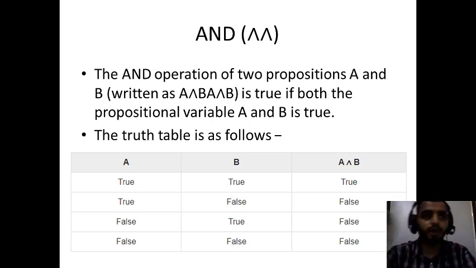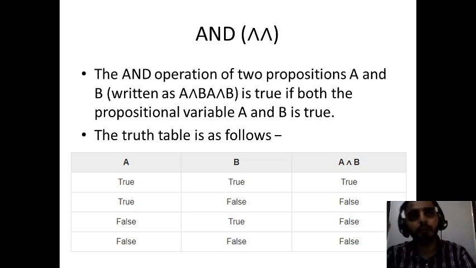How? You went to a grocery shop and you want to buy both Dairy Milk as well as 5-star. If you are getting both of the things, then only you will buy the chocolates, or else you will not buy the chocolate. In the sense, if both the conditions are true, then only the statement will be true. In the rest of the cases, the statement will be false.